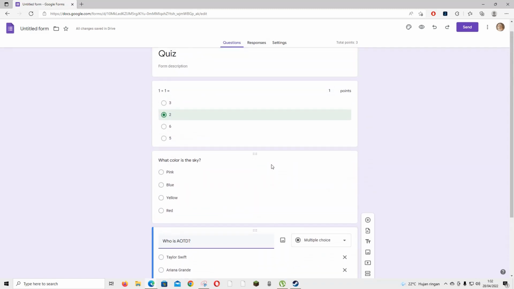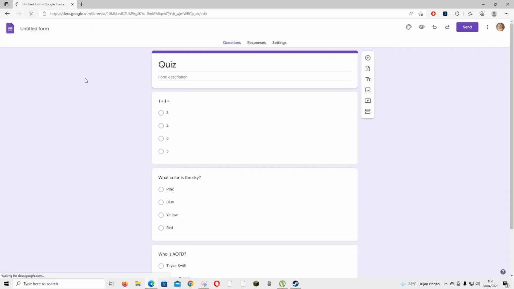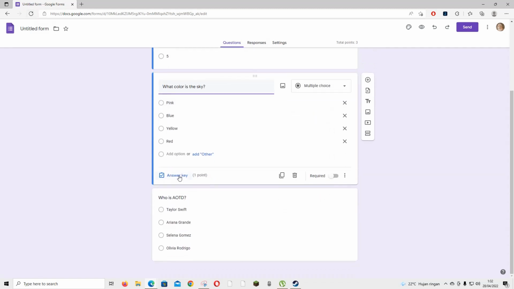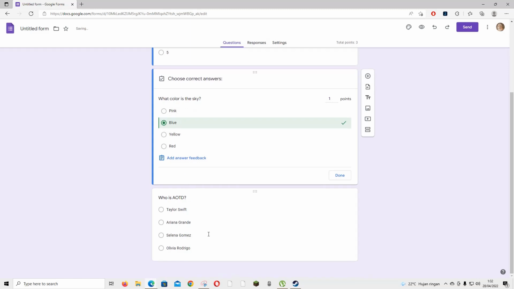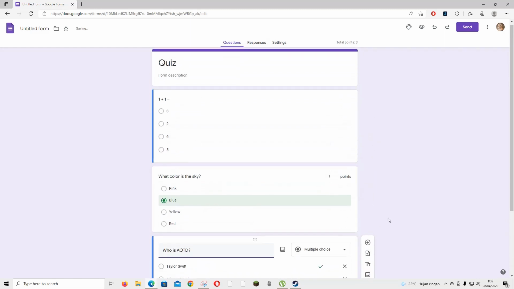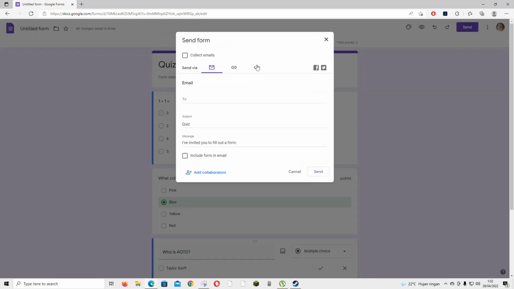Sometimes it doesn't show up, so you might have to refresh it and then add in the answer key. And then once you're done, you're just going to press done, and you're going to share this link to your students or whatever. For instance, I'm going to take the quiz, so I'm just going to press send and